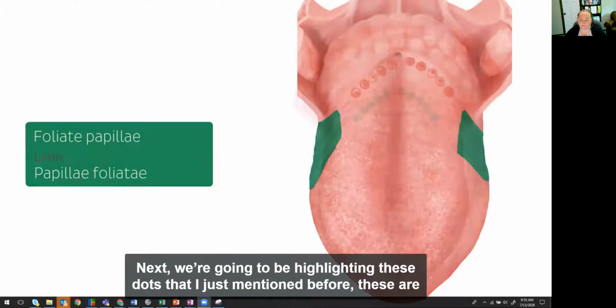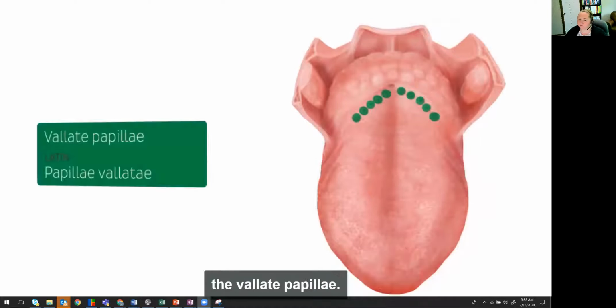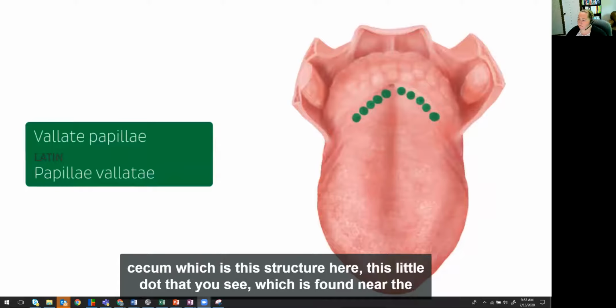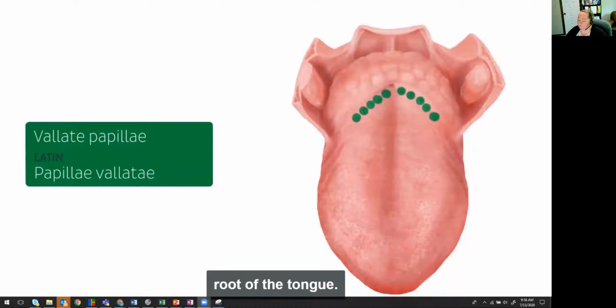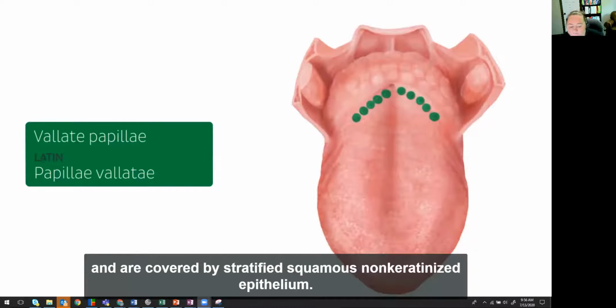Next, we're going to be highlighting these dots that I just mentioned before. These are the vallate papillae. They're also known as circumvallate papillae and are located in front of the foramen cecum, which is this structure here, this little dot that you see, which is found near the root of the tongue. The vallate papillae run parallel to the terminal sulcus, as I mentioned before, and are covered by stratified squamous